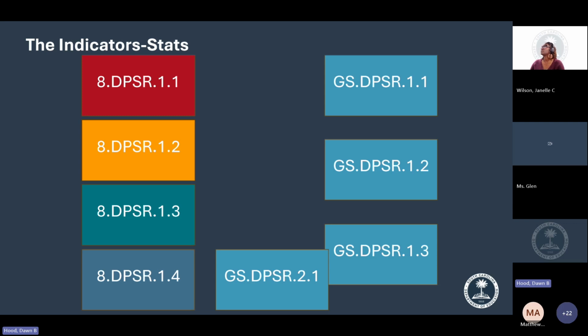Draw inferences about 2 populations utilizing representative random samples of comparisons of the shape and distribution, measures of center, and measures of variability. 1.3, describe how adding and deleting data throughout the data set can affect the mean, median, mode, and distribution of the data. And for 2 data sets is 1.4, numerical, graphical, compare and interpret the centers, spreads, and overlap of data to draw inferences about data in mathematical and real world situations. And this one does limit your displays to double line graphs, back-to-back stem and leaf plots, and double box plots. So those 4 8th grade indicators